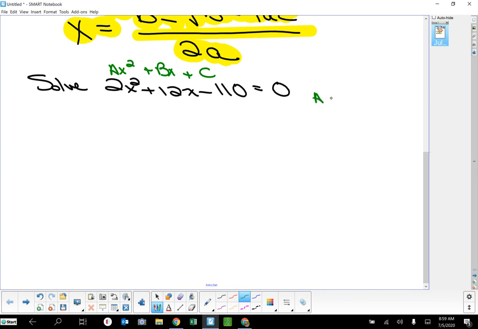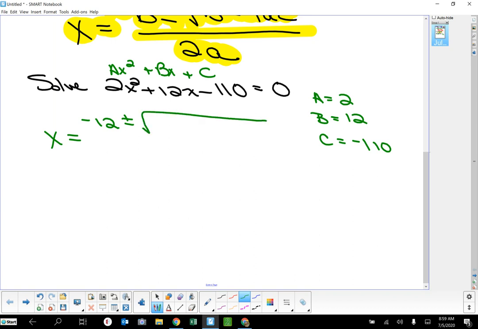And so our a is 2. Remember that you have to take signs with the numbers if they come before them. So b is 12 and c is negative 110. And then we're going to fill some things in. So x equals negative b, and b is positive, so it's going to be negative 12, plus or minus. You need to keep both those signs in there. Make a big square root sign, and then 12 squared minus 4, parenthesis, a is 2, parenthesis, c is negative 110, all over 2a, so that's